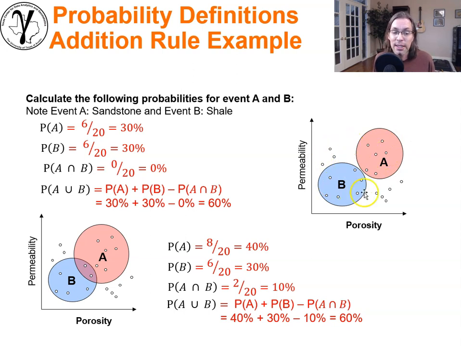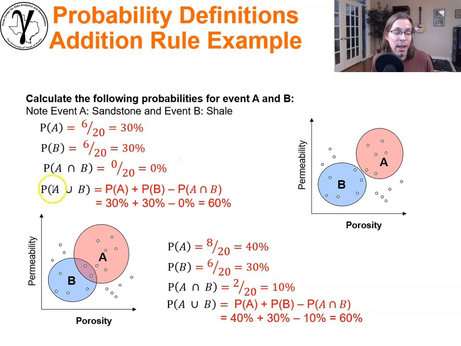There's a total of 20 samples, and so we get 30% probability of A. Just frequentist counting and ratios. We assume we have enough samples, N is large enough, of course, and we keep it simple here for demonstration. Now, probability of A and B, well, there's no intersection between them, so that's 0%, a null set of samples,